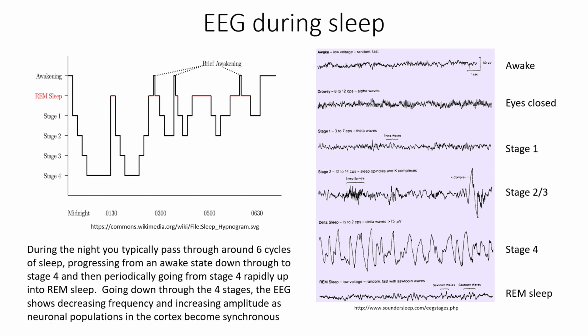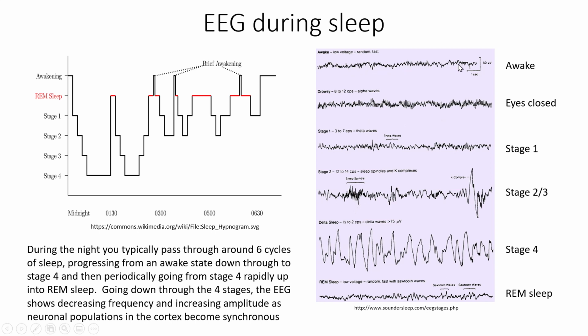Now let's take a look at the EEG changes which are measured during the night. So if you put a set of electrodes on a patient's scalp, get them to go to sleep and then measure their EEG, you will get something like this. And it always amazes me how people can go to sleep so easily wired up to these things, because it seems really quite uncomfortable. So let's start off right at the top.